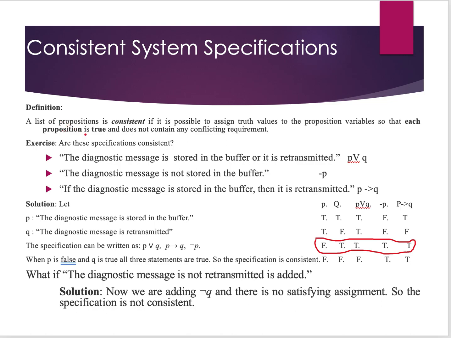A list of propositions is consistent if it is possible to assign truth values to the proposition variables so that each proposition is true and does not contain any conflicting requirements. Alright, in these examples, we have three